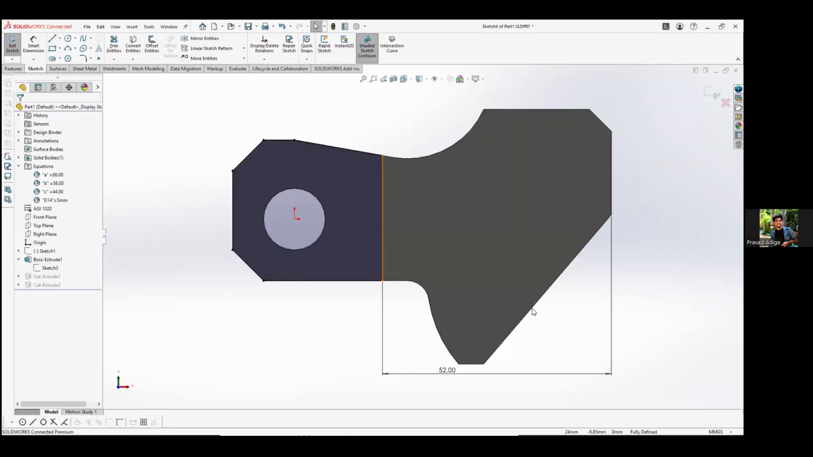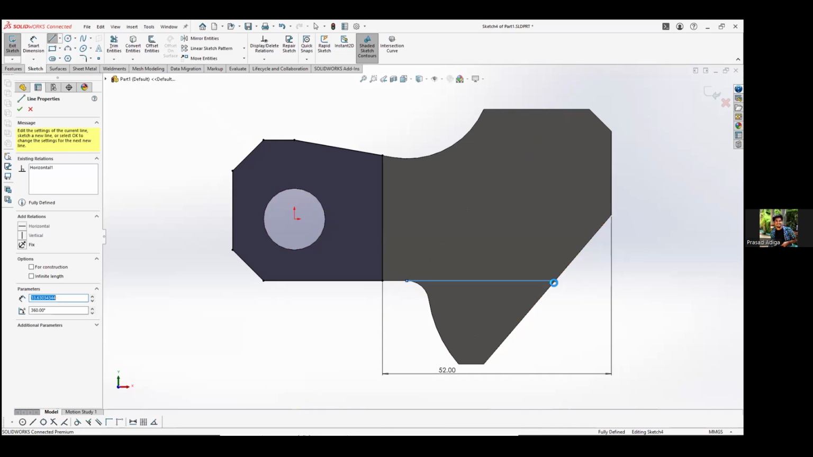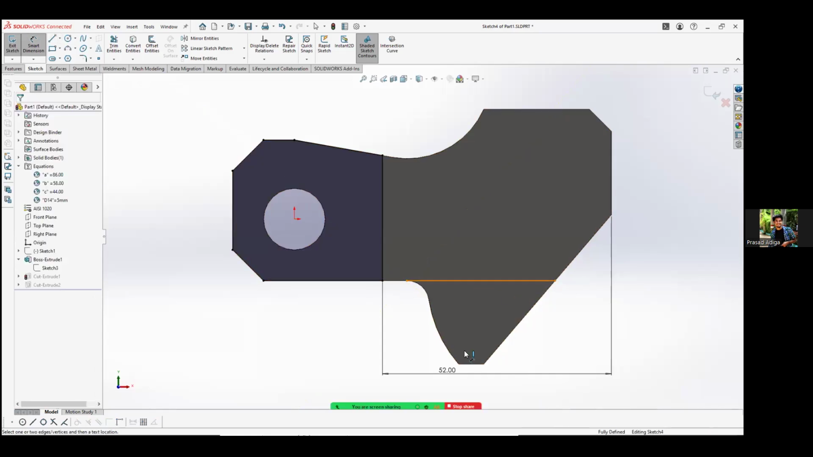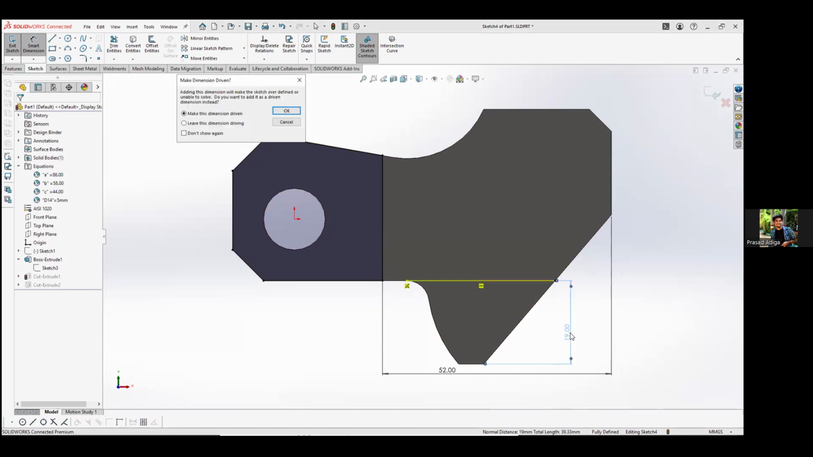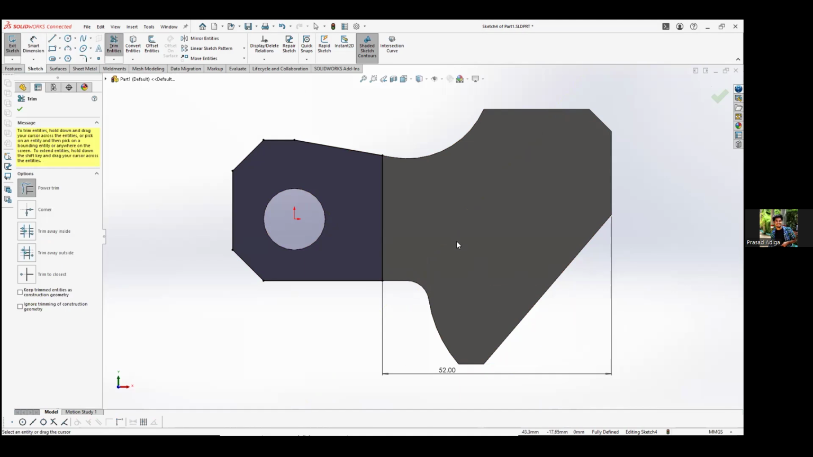So we'll just replicate that. How do we do that? Select a line, and it starts from here and ends here. And how do we know if it's the same line or not? Measure this thing. It says it's 19 mm. Or what you can do is